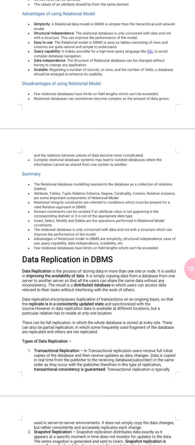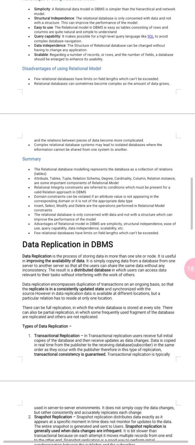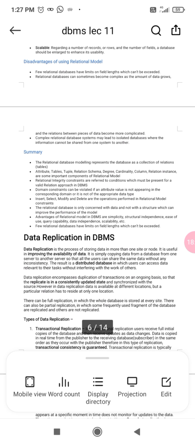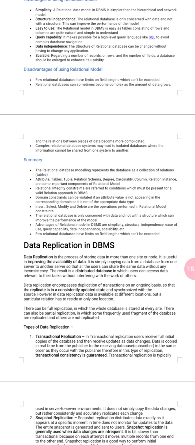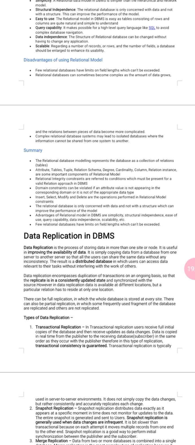The next advantage is query capability. It makes it possible for a high level query language like SQL to avoid complex database navigation. Right? Then the next advantage is data independence. The structure of a relational database can be changed without having to change any application. Clear? And the last advantage is scalability. Regarding the number of records or rows and the number of fields, a database should be enlarged to enhance its